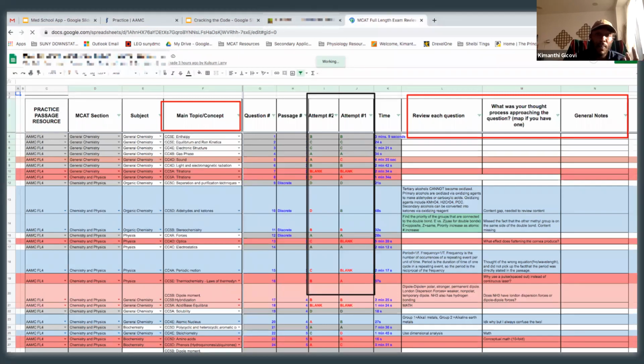I loved their CARS passages. Why? Because I needed to work on that. I didn't like their sciences because I was already good on the sciences according to AAMC, which is a much more accurate gauge, and I didn't need that extra content level knowledge. I came at it with strong enough content, and what I needed was critical reasoning and practicing with the section banks and stuff.